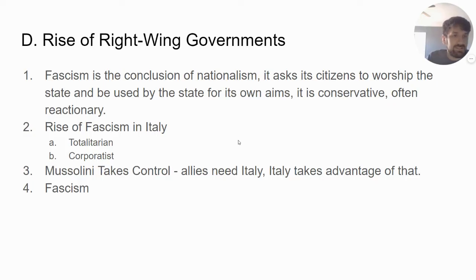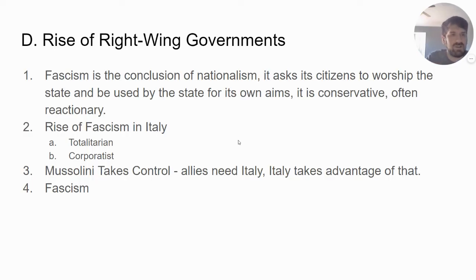it proposes that there is an external threat that is dangerous to the existence of the state. And therefore, this reaction is used to warrant the actions of a fascist state. That is, to oppress its people, to target minorities, to attack other nations because of this supposed fear for its own existence. Oftentimes that's not the case. These are often trumped up things, and you can look at examples of Italy invading Abyssinia, as the textbook talks about, or Hitler invading Poland, as examples of these things that are not true.